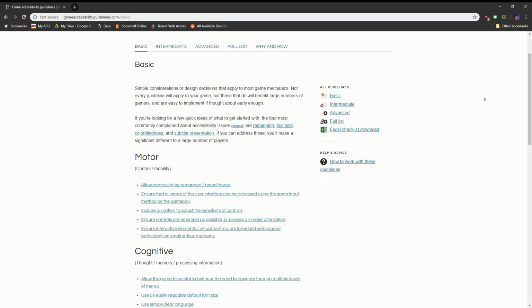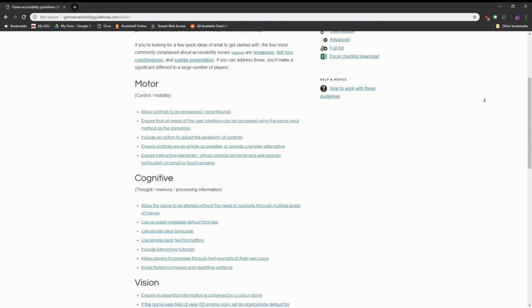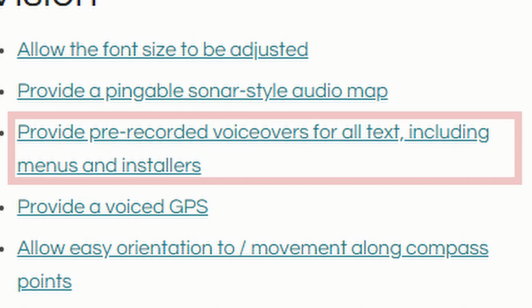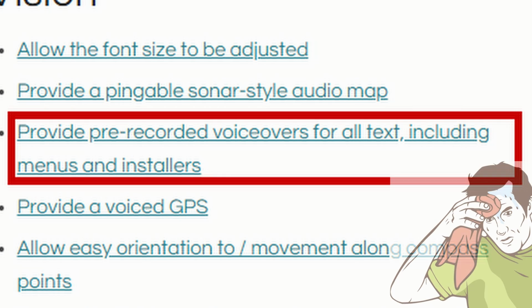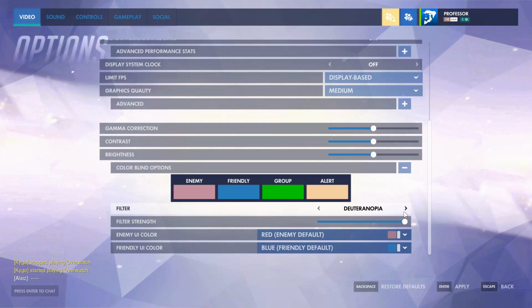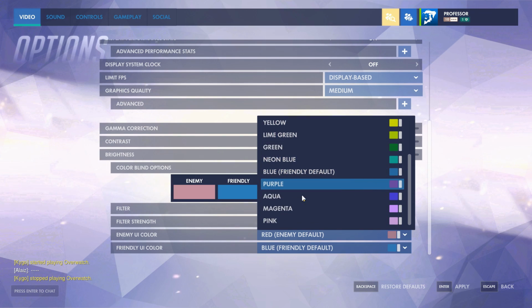Not too long ago, a group of developers and researchers came together to make a massively helpful guide to assist developers in this area. Some of the proposed changes can be a bit difficult to implement, especially if you're a small developer, but there are also plenty of simple and easy fixes that can make an incredible difference for a large number of people. So, with the hope to shed some light on more inclusion, this video will cover some of the most common issues in accessibility and how to fix them.